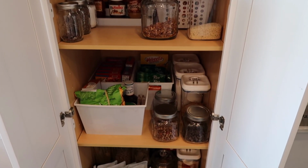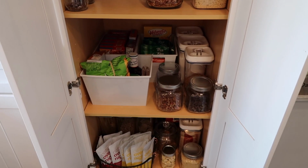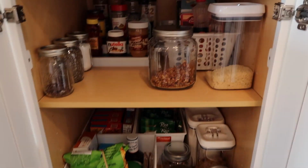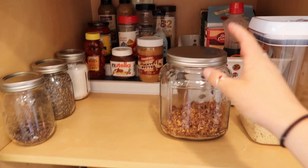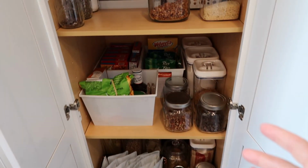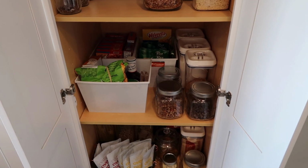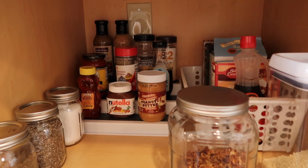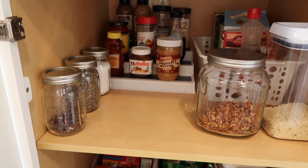After of my pantry. I cannot believe how much space I made. I'm a little disappointed because I wanted to display these jars a little bit better, but it's just such a weirdly shaped pantry that I obviously couldn't, but I still think it looks 20 times better than it did. So the way that I organized it, and I got this from Walmart, but the way